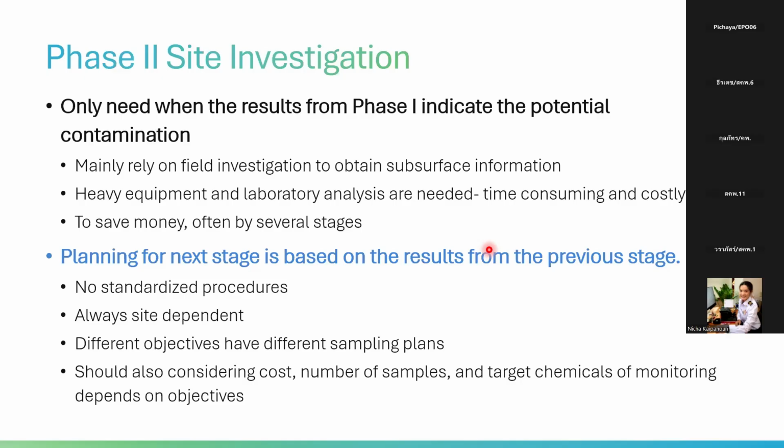And all of the planning is based on the phase 1 report, so it is important. When you go to the site, please record everything you see, record the situation now, and review the historical information